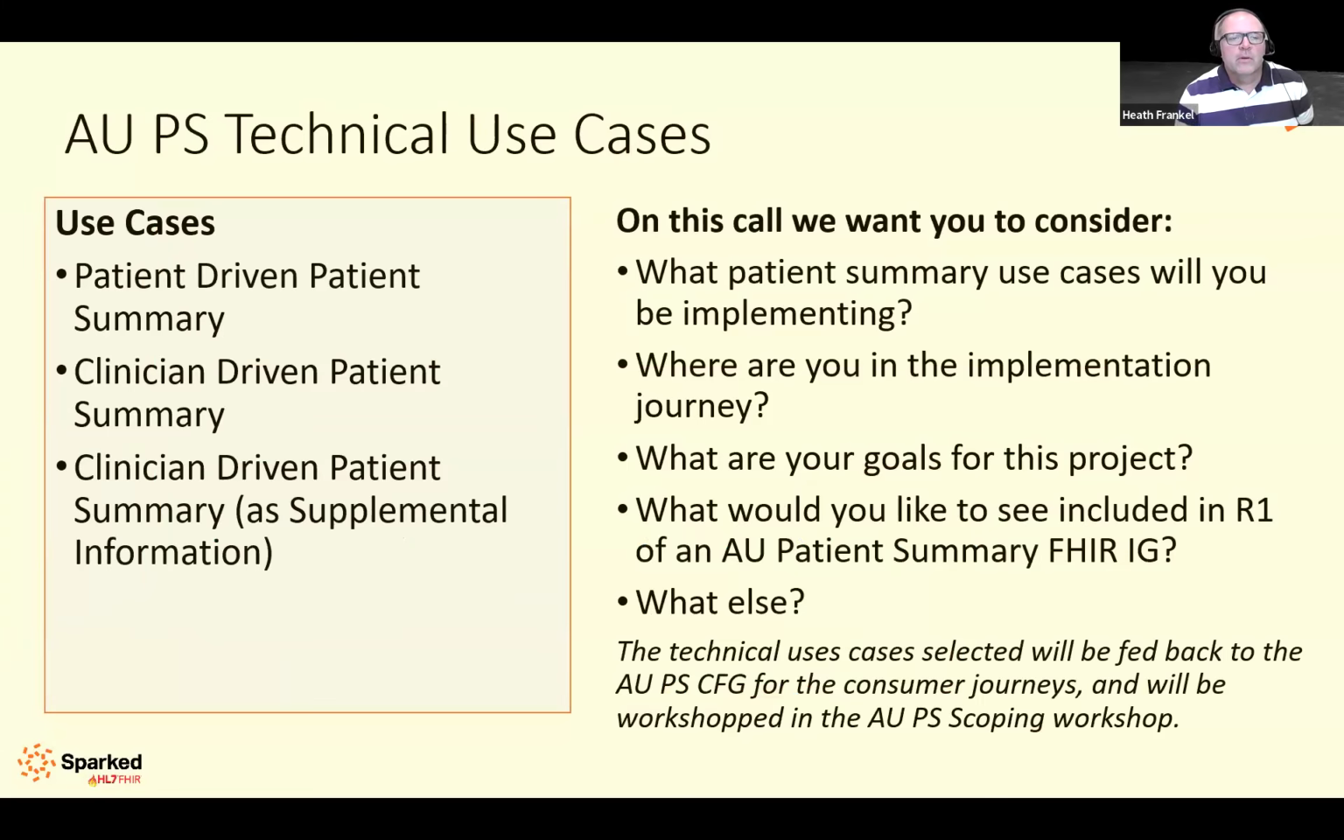Okay, so let's have a look at now how those technical use cases appear, and the use cases that we've identified. So we're in this kind of iterative loop. We identified some technical use cases. They've gone back to the AUCDI. They've worked out their clinical patient journeys. So it's great that now we've got some clinically driven